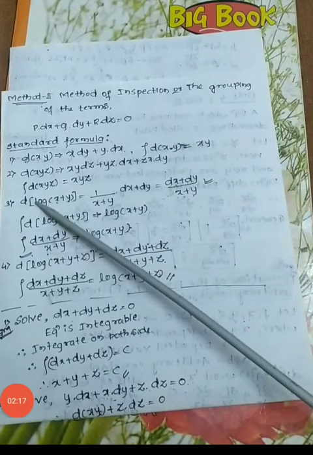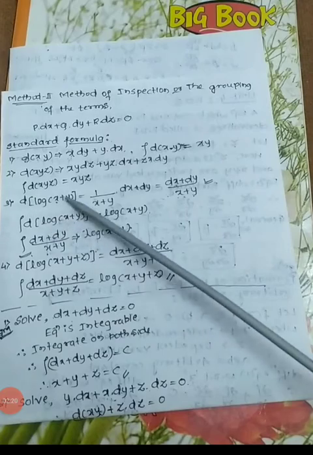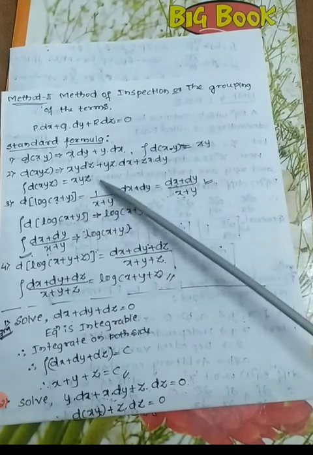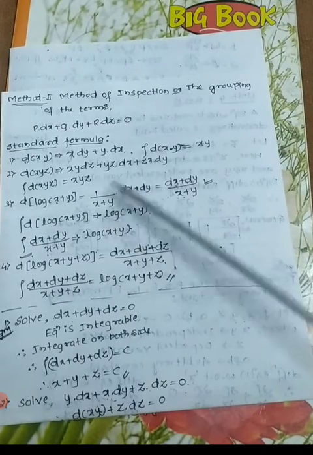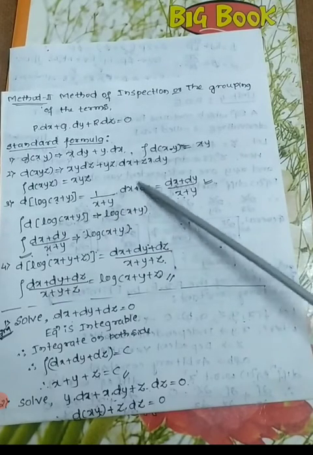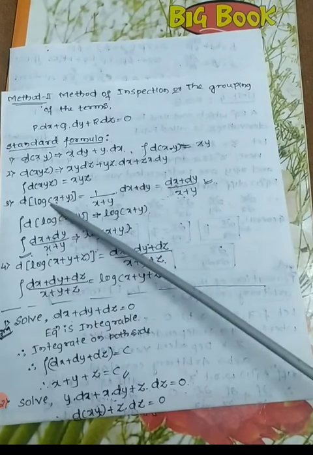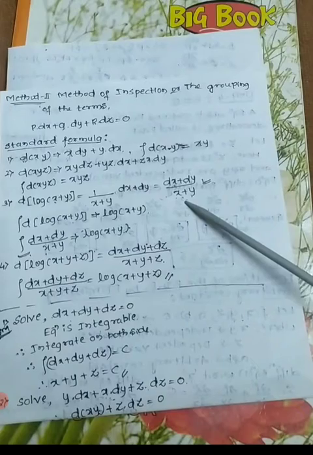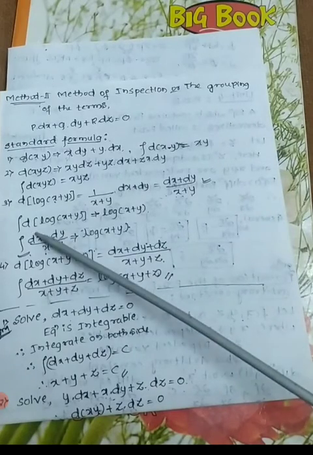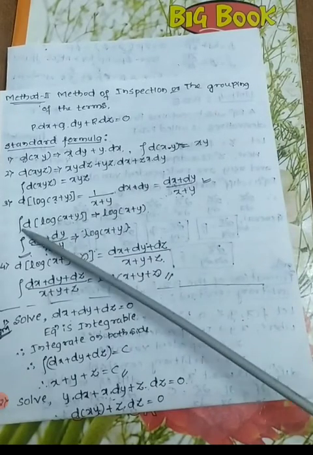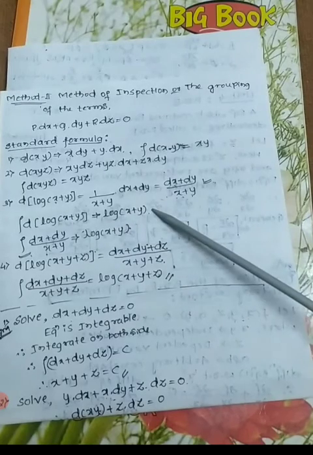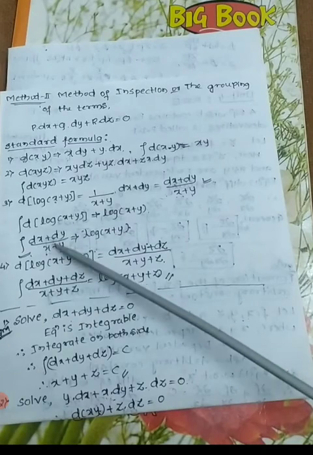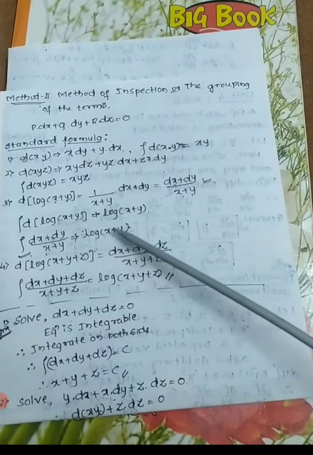Next, the third one is the derivative of log(x plus y). You know that the derivative of log x is 1 by x. For log(x plus y), we have 1 by (x plus y), and x differentiation is dx, y differentiation is dy. So that is the derivative. That means the derivative of log(x plus y) is what formula? It's (dx plus dy) divided by (x plus y). Then what about the integration of the differentiation of log(x plus y)? The integral gets cancelled, leaving simply log(x plus y). It can also be reversed: integration of (dx plus dy) divided by (x plus y). Integration is what? We get log of (x plus y).